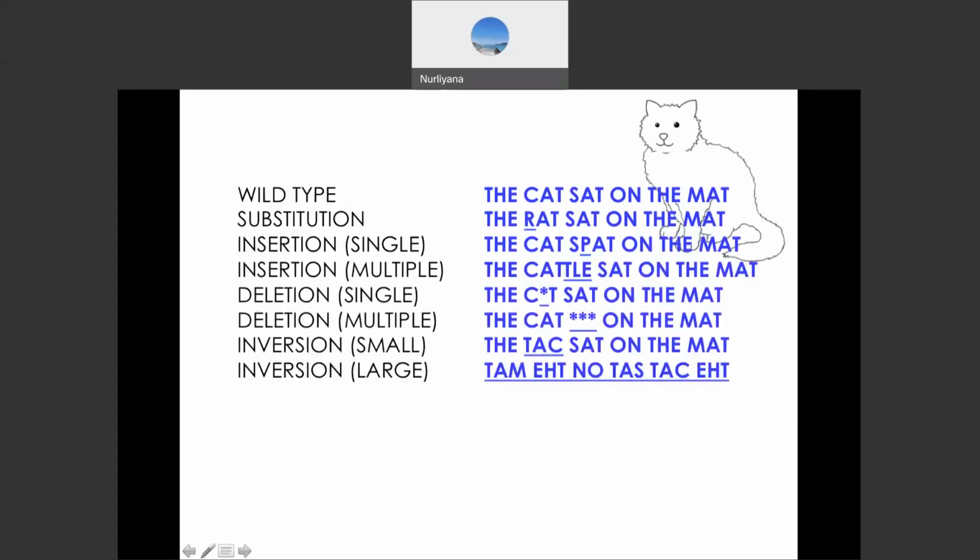This is the example of several types of mutation. If you see the first line, it is a wild type. Usually a DNA material